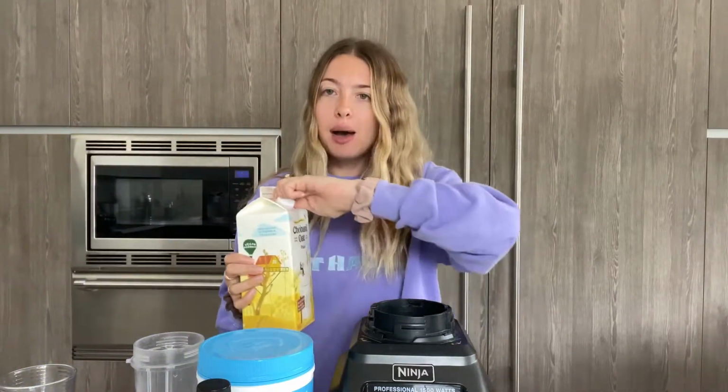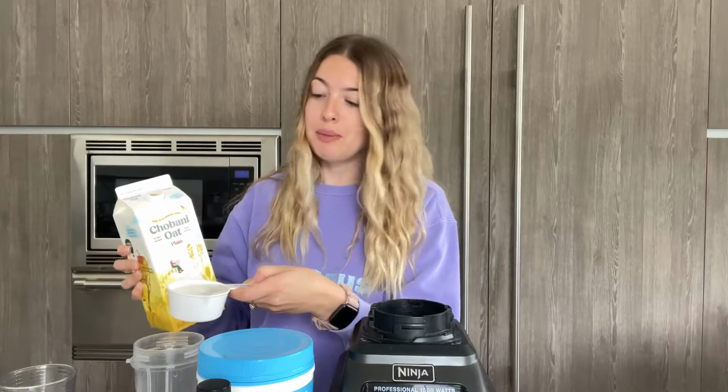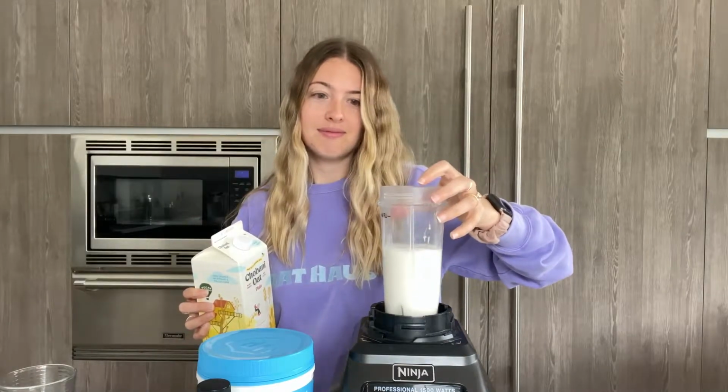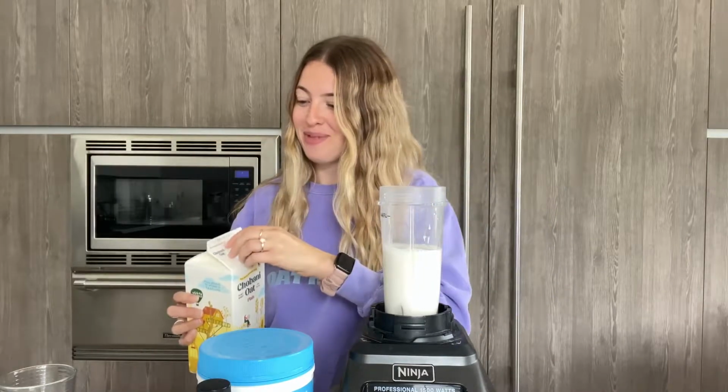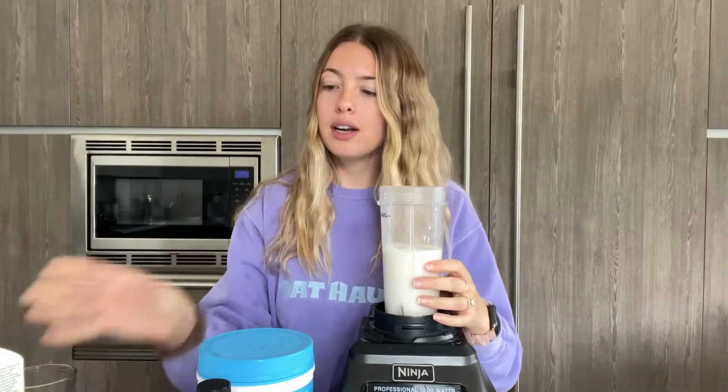I do a 1/2 cup milk, and you can adjust those ratios. I mean, that's what I like, but maybe you want no milk. Maybe you want more milk. I've done it with like full 1.5 cups milk. It's really good and really creamy, but with the oat milk, it's just a lot to have every day. Okay, can you see this? I guess you can't really. That's definitely gonna fall, but we're gonna keep it there. So yeah, liquids first. So I've got water, milk,